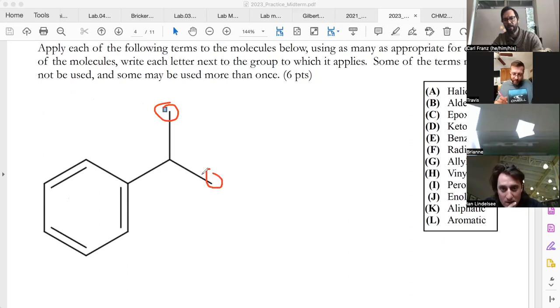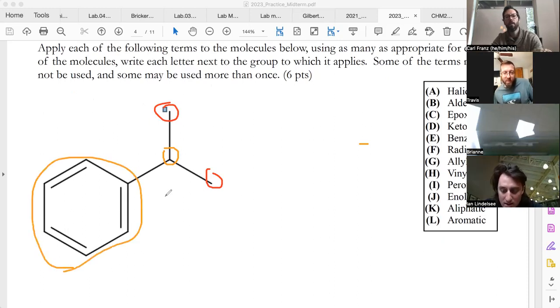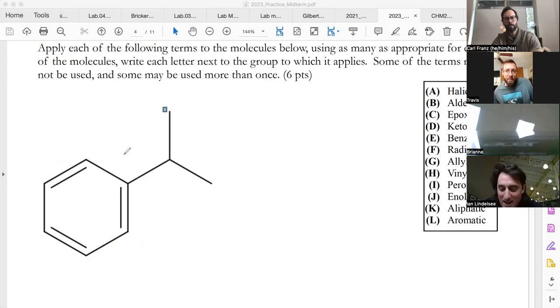Aliphatic. Yeah. So let's get a different color for here. This one is benzylic, because it's adjacent to a benzene ring. And then the benzene ring is aromatic. Aromatic. Right. And we don't need to say anything inside the aromatic. When you have a cyclohexane or cyclohexene, we can just say that's benzylic. Okay.